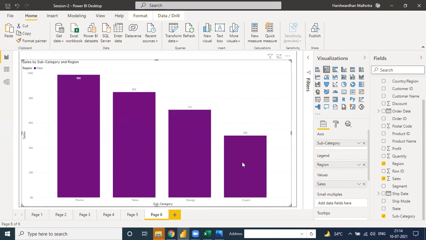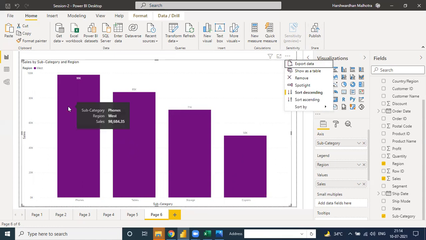See these four, and share with someone directly from here. How to export data and share with someone you need. As per your published report, only this chart is published. Then make some security. I will tell you later how to make security for only these parts, so that no one sees the east, west, or south different category parts. Only show the phone, table, storage, and copier. These kinds of things.